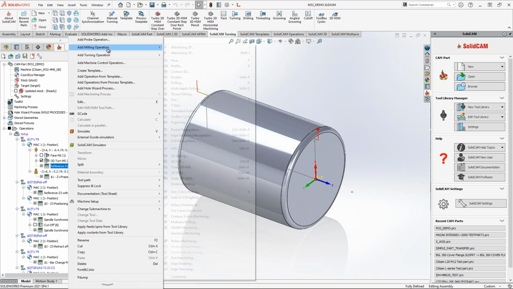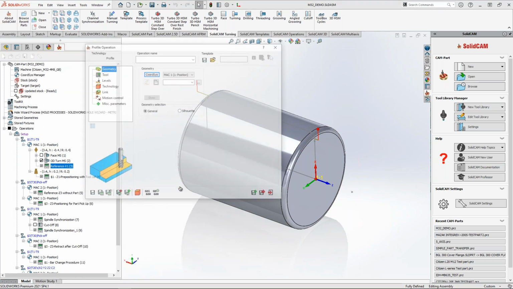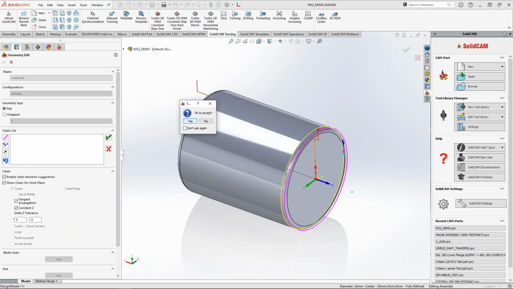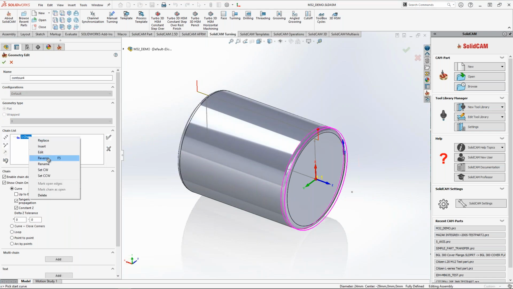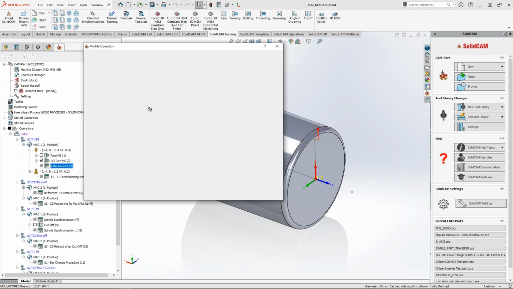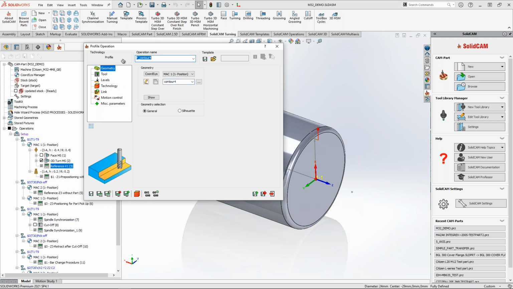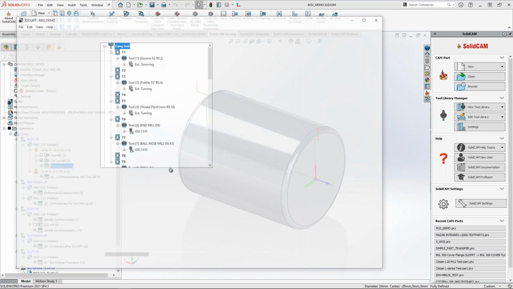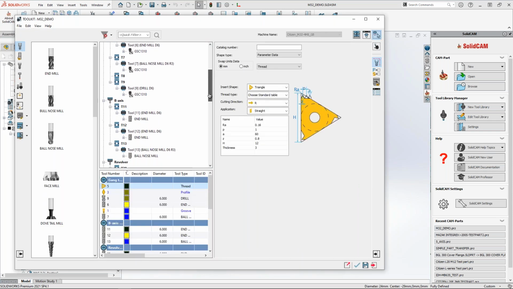And I'm going to create a simple profile operation just to get some kind of toolpath. Here it is. I like it. I'll just reverse it. I'll go just exit C. I'll go to my tool and try to find it. As it is on my revolver, I'll try to find my revolver. I will go to my